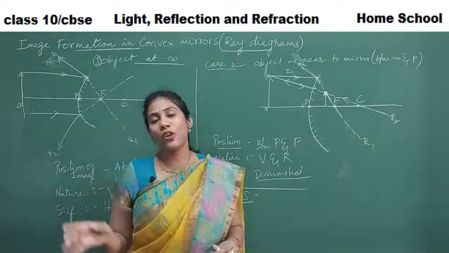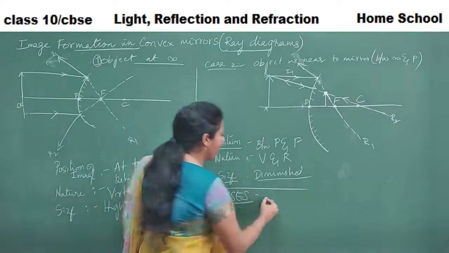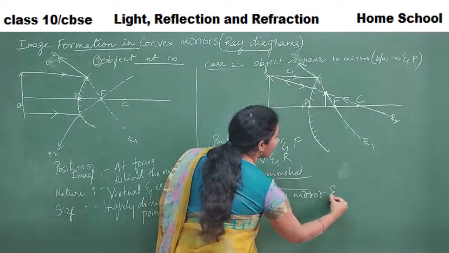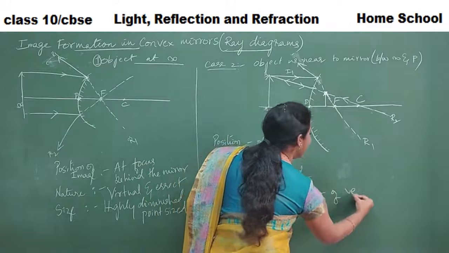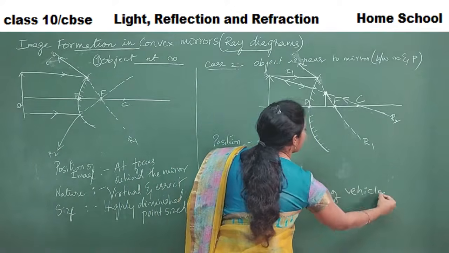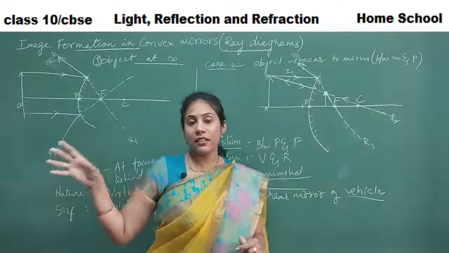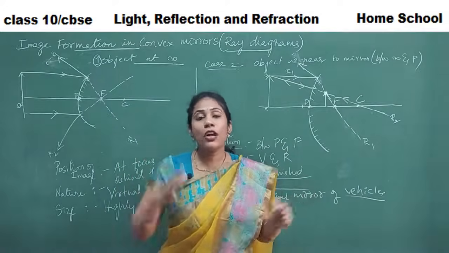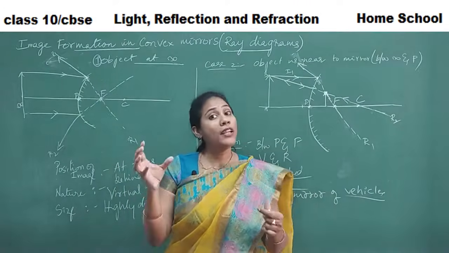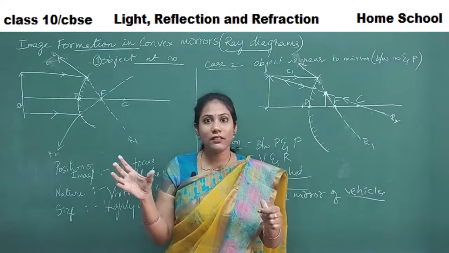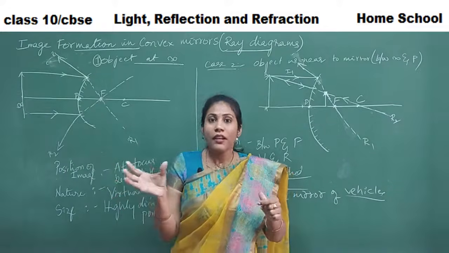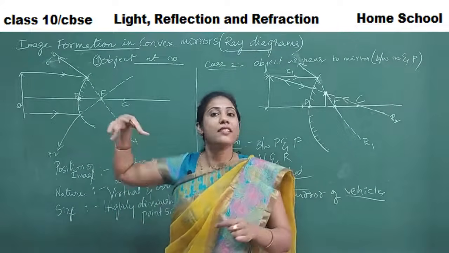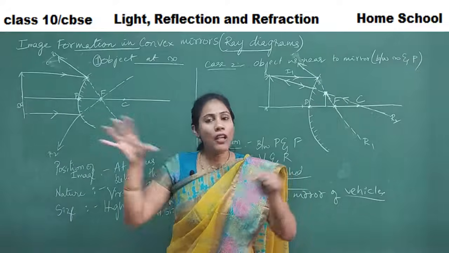So where do you find this convex mirror? Mainly they are found in as a rear mirror. Yes or no? Rear mirror of vehicles contain convex mirrors. See the side mirrors of vehicles, it can be a car, bike or whatever it is, the side mirrors are actually convex mirror. Why? Because a whole lot of a region can be covered behind the vehicle. Yes or no? See, from the small mirror you can see so many things. You can see what vehicles are coming behind, all of that you can see.